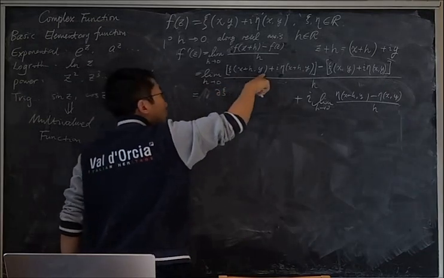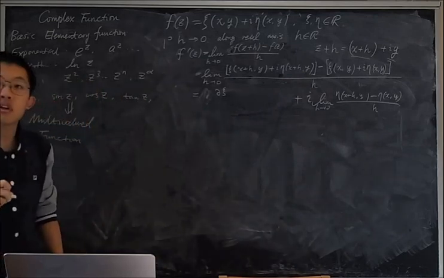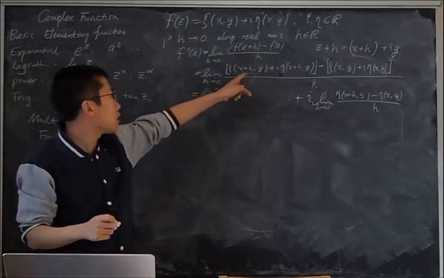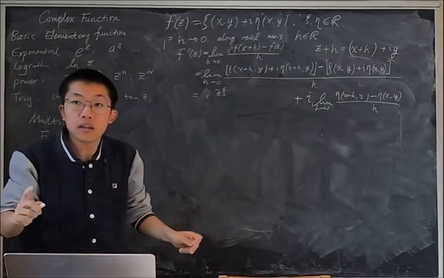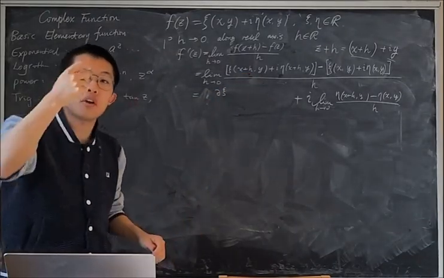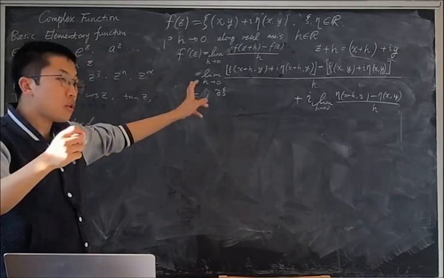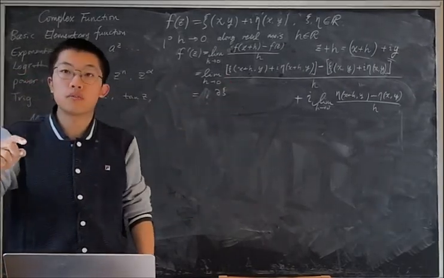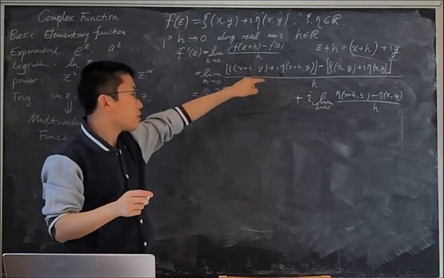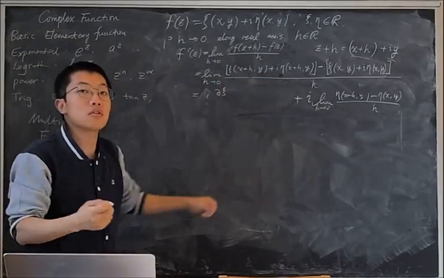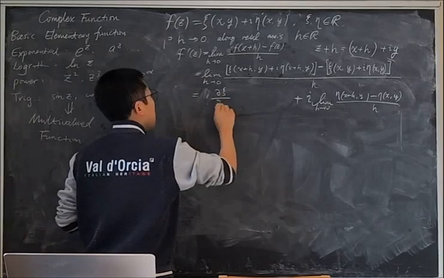And y is the same, right? The change actually happens on h. So since y is the same and we're changing the value of h, this limit actually translates to the partial derivative against x. Because when y is the same, we're just regarding y as a constant, right? So that is the partial derivative of